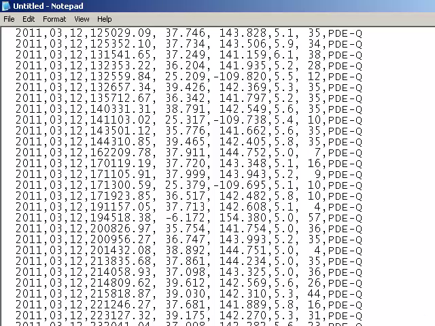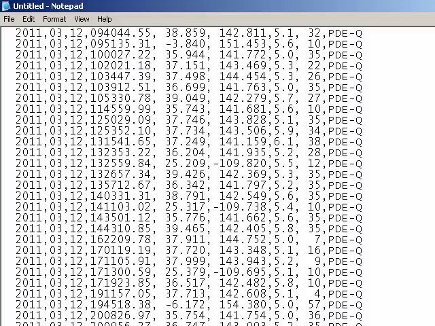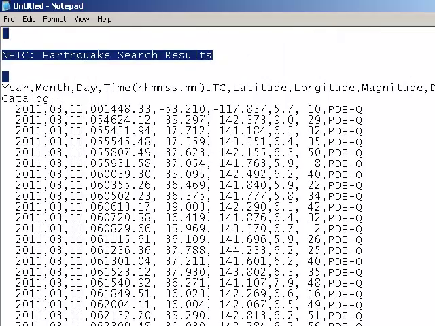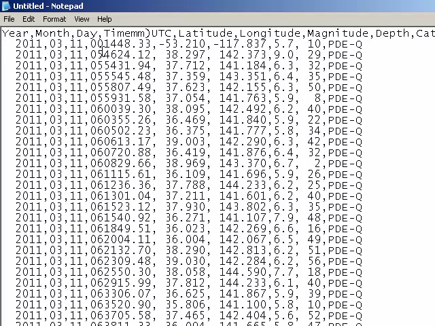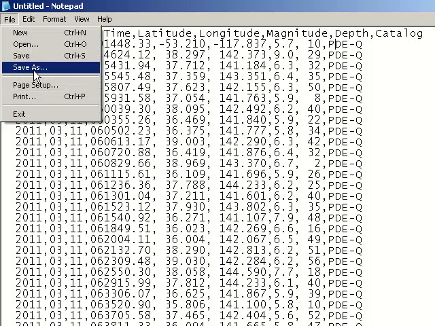At the bottom, I've got some things I need to take out. There's a couple of footers, and then at the top, what I need to take out is this header. Then notice I have a text string for every field of data that follows. So I have a year, a month, a day, a time. I've got these characters after time, and I really don't want those, so I'm just going to go ahead and take out those. Got a latitude, a longitude, a magnitude, a depth, and something called catalog. Excellent. All I have to do is save that,